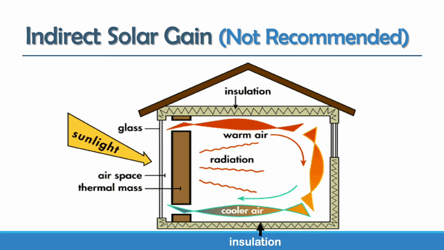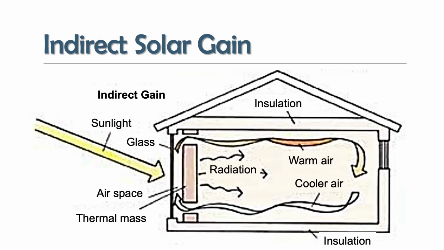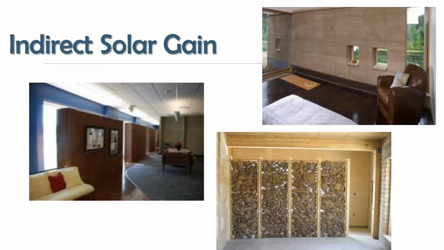The distribution is convection and conduction here. We also have convection and conduction and radiant in the previous version. Another look at indirect solar gain. These are some images from, again, some hot climates, deserty climates, where minimizing the amount of glary light coming in can actually be a positive. And some interesting ways of looking at how to create that Trombe wall.